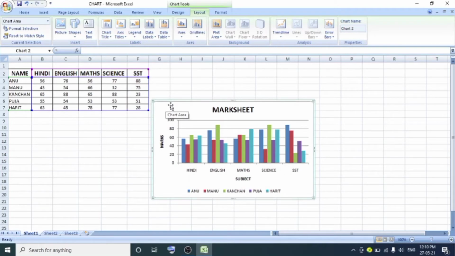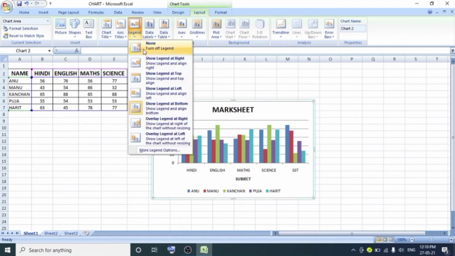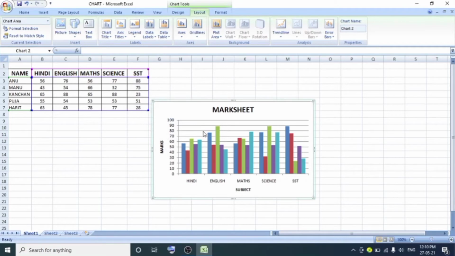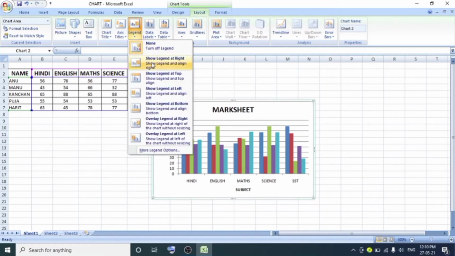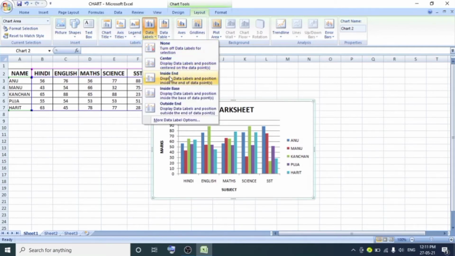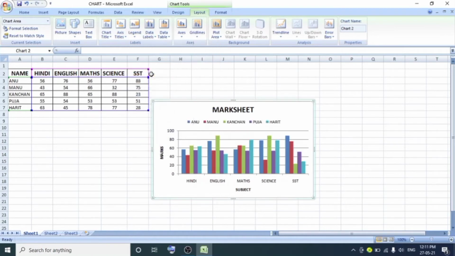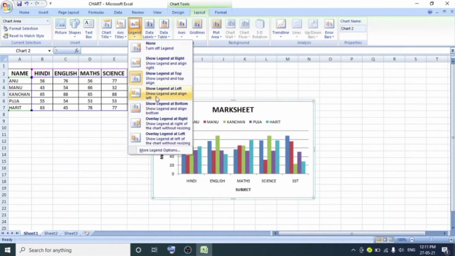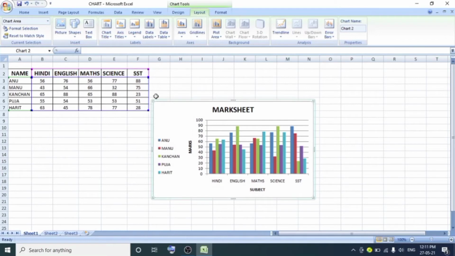If you want to remove the legend from the chart, choose the none option from the expanded list. So if you don't want to show it, then select the none option. Here you have seen the legend is automatically removed. If you want to show it again, then show it on the right. By default, the position setting is the right one. So to the left, to the top, we can apply different settings here.